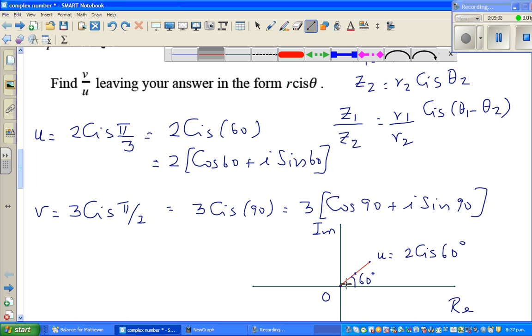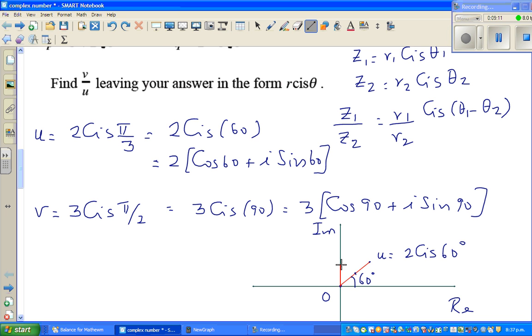Pi by 2 is 90. So you go a distance of 3. Say this is 1, this is 2, and this is 3. So this is your v, which is 3 cis 90. Can you see this is 90 degrees? So here, if you want to do this using the formula, this would be v over u, which is 3 cis 90